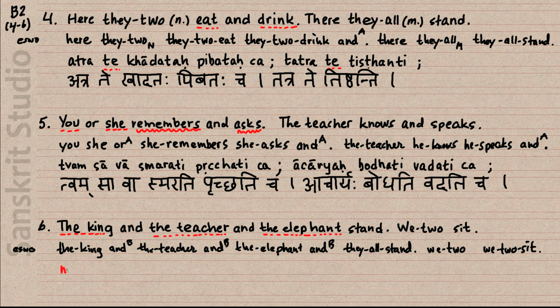So we have the king, we have the nripaha cha, and then we have the acharyaha cha, and we have the gajjaha cha, and we have the standing, tishta, and then we have to do the plural third person there, tishtanti. Okay,